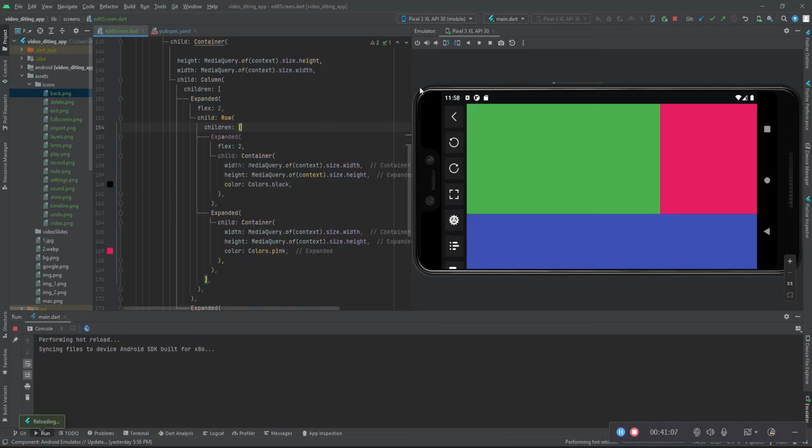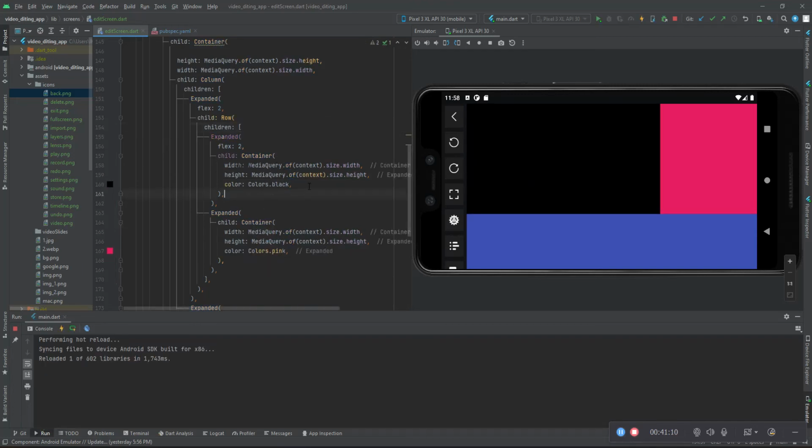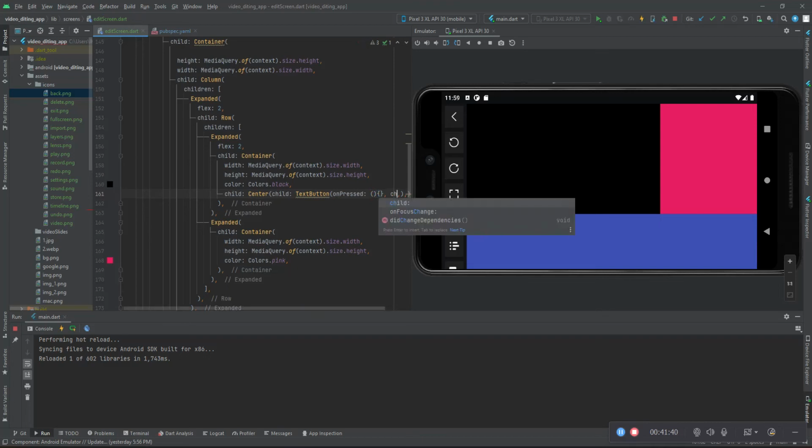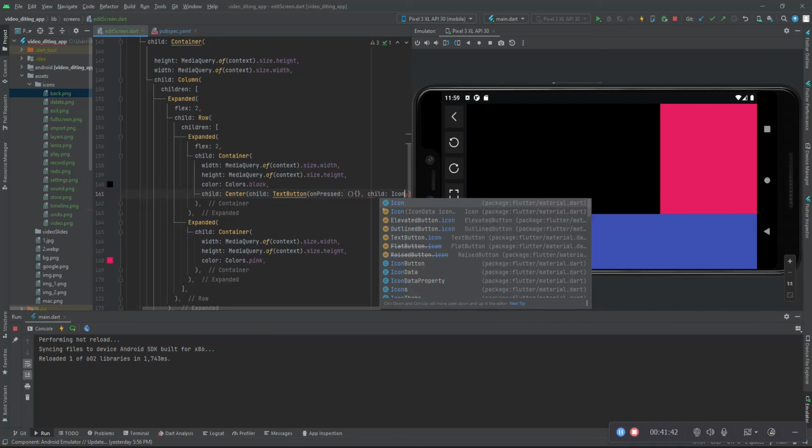All right, so you can just set this back to black, and with a child we can just set it up to be a center widget, and inside just add an icon. So we can easily add, let's say, a button, so that can be a text button. You just have to add a child that is going to be a text button, and inside this text button we have the onPressed, and we have the child that is going to be an icon,